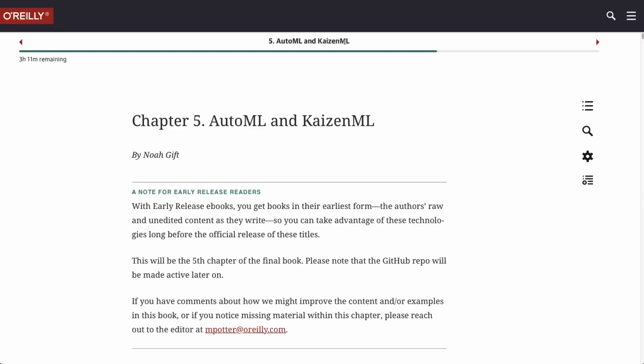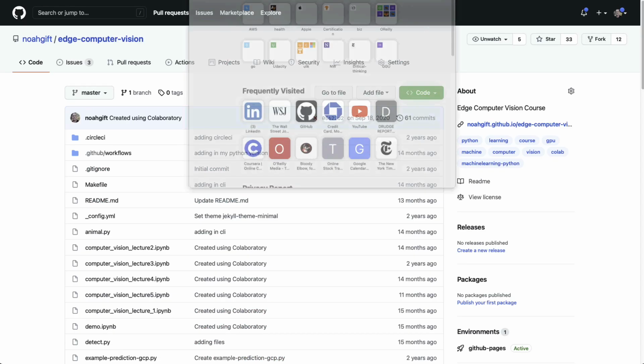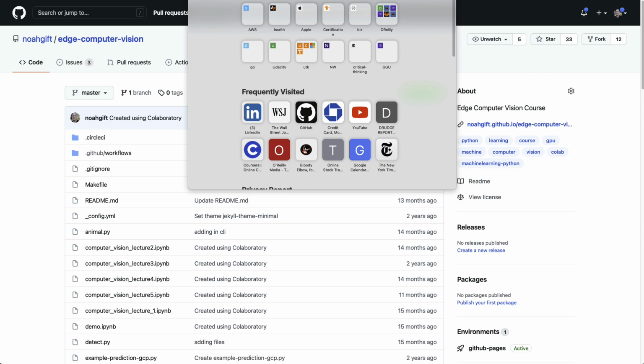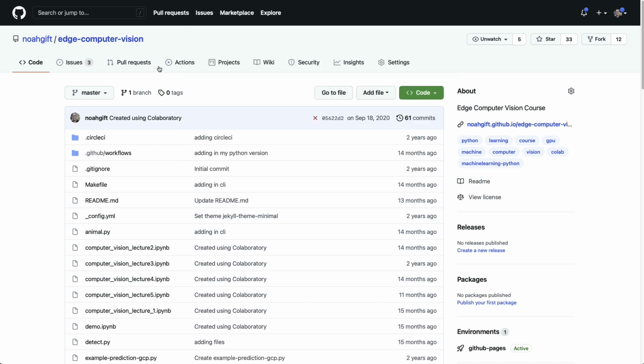And that's really the concept with Kaizen ML: every single part of the solution, from the data to the features to the model to the deployment of the software to the business problem, is all being looked at and automated in a comprehensive way so that the outcome is really what's important. So let's go ahead and take a look at some of these details in the book Practical MLOps, and we're ready to go. What I was going to start with is this repository, just to cover some of the